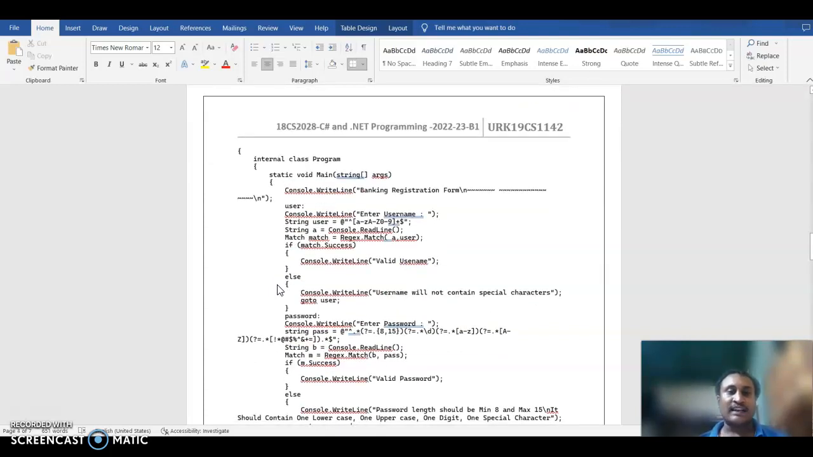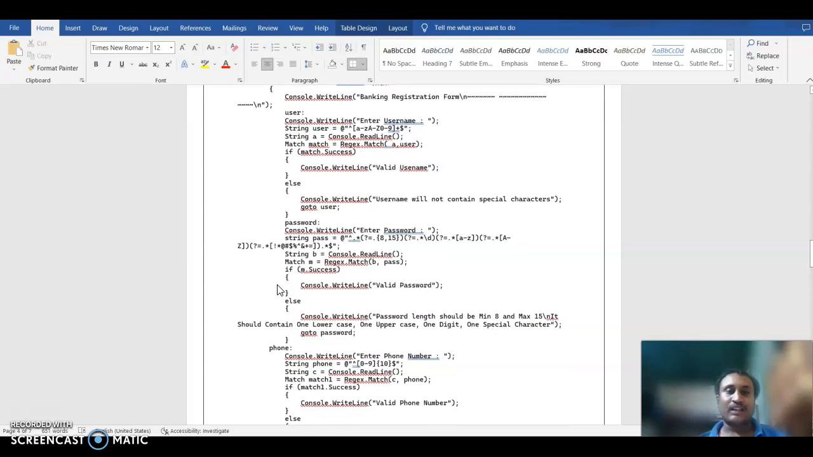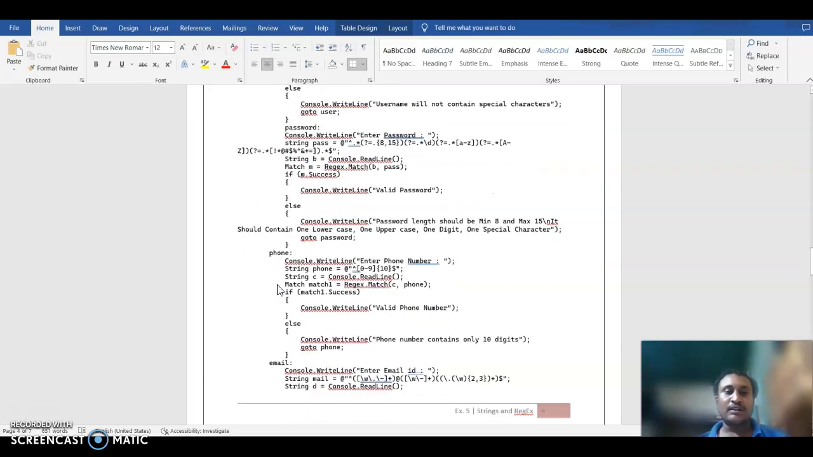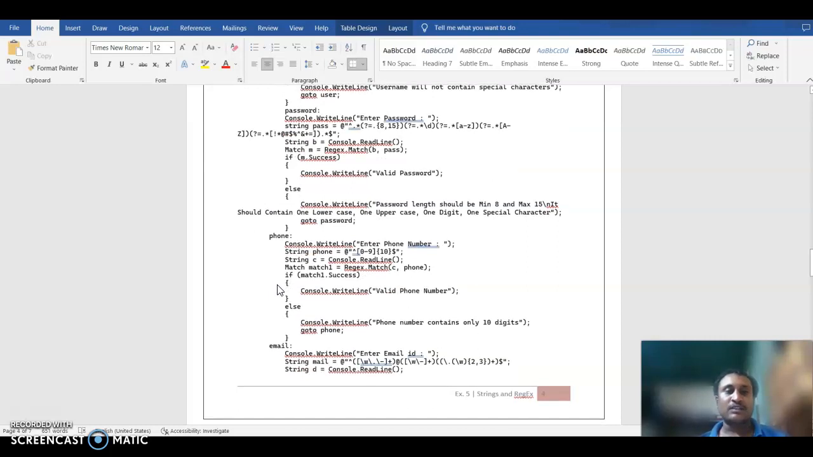form. Console.WriteLine enter your name, string user with the pattern a to z, 0 to 9 plus. Check the match; if the username matches, success, Console.WriteLine valid username; else Console.WriteLine username will not contain special characters. Enter password, string pass, Console.WriteLine match digits, when success Console.WriteLine valid password, else Console.WriteLine password should be minimum 8 and maximum 15